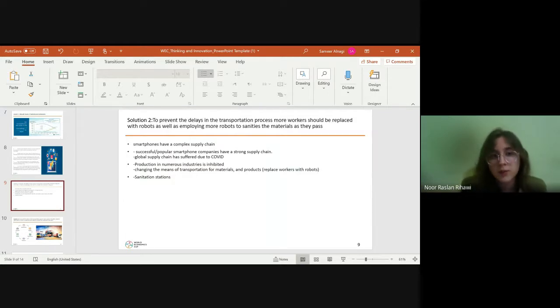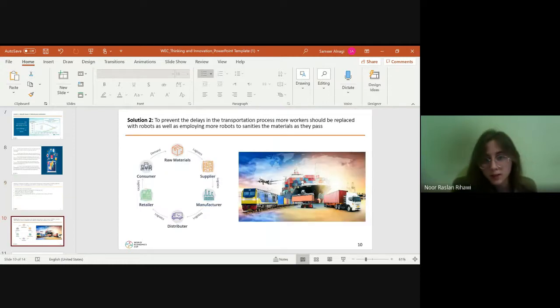Most successful and popular smartphone companies are also the ones with a strong supply chain. Take, for example, Apple, which we all know has roughly or even more than 200 suppliers for making its products and components, with its final assembly primarily taking place in China. However, with the coronavirus, the global supply chain has seen a break in its link, and this could be traced back to China, which is the largest global supplier, the center of world production, really,